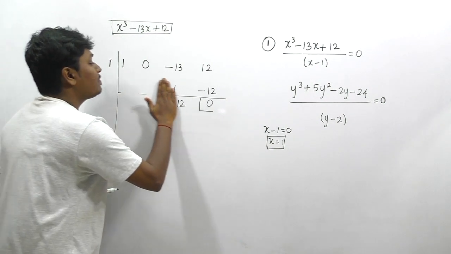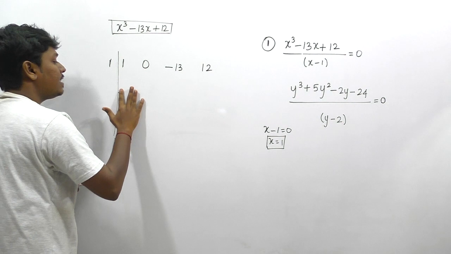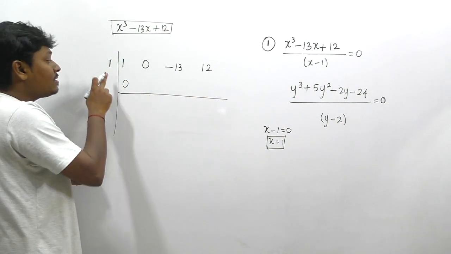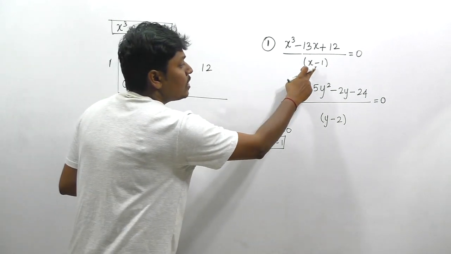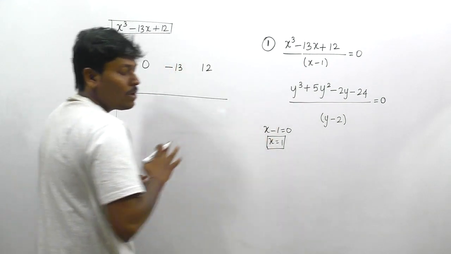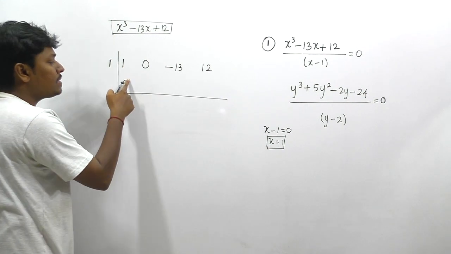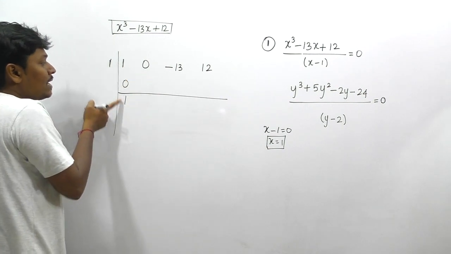I'm just going to explain once again so that you can understand clearly. So friends, listen carefully. Initially we need to put 0 here, right? This one I have taken only based on the denominator. x minus 1 is equal to 0, so x is equal to 1. So initially we need to put 0 here, so 1 plus 0, that is 1, 1 into 1, that is